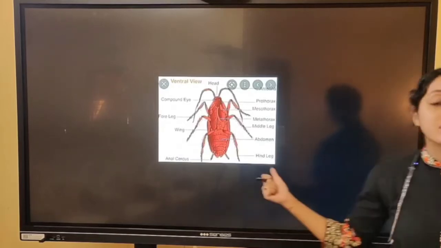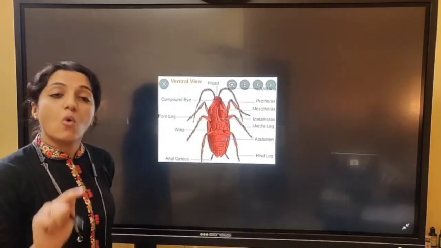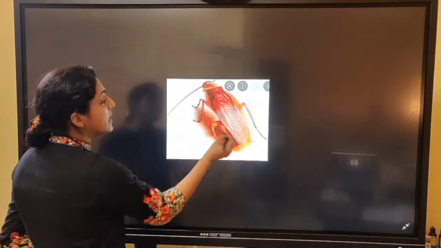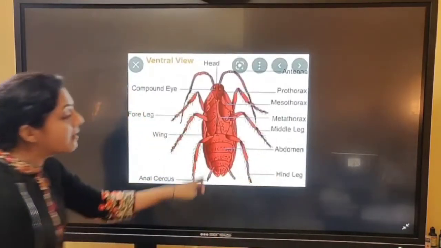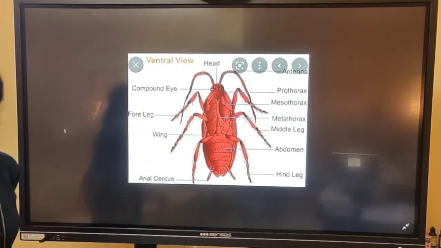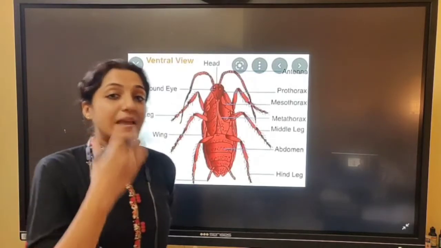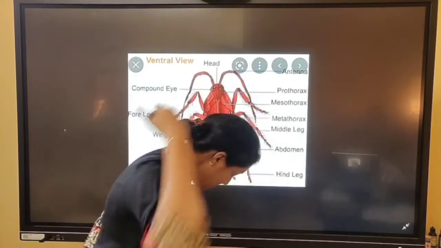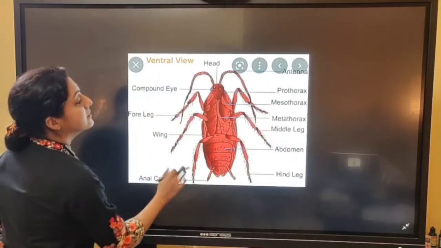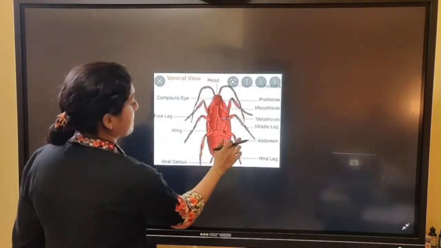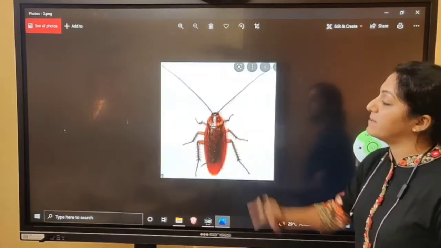See, this will be the ventral view. Look, now the cockroach has been turned upside down. So always remember, this is going to be the ventral view. This is the dorsal view and this is the ventral view. So what we see of the cockroach from above is the dorsal side. How will you remember? If we go like this on our four legs, the dorsal side will be on top and the ventral side will be below. This is the ventral side. This is the dorsal side.